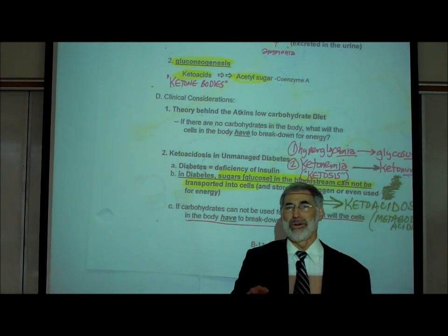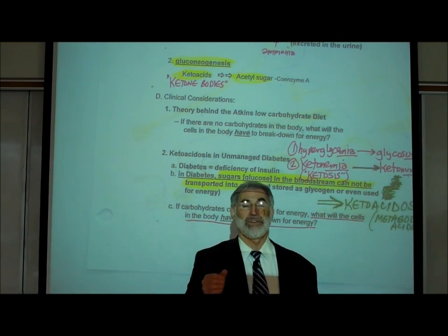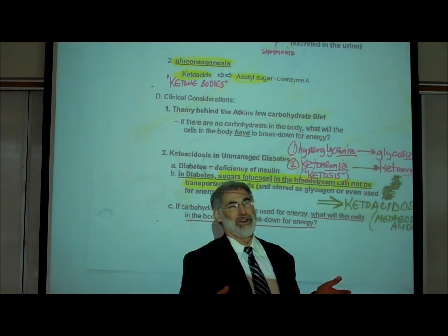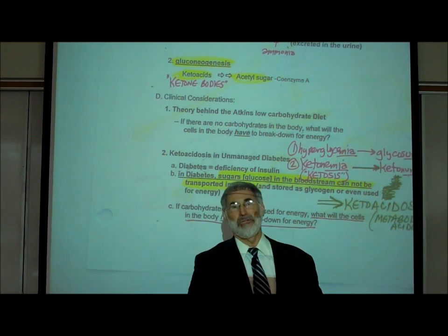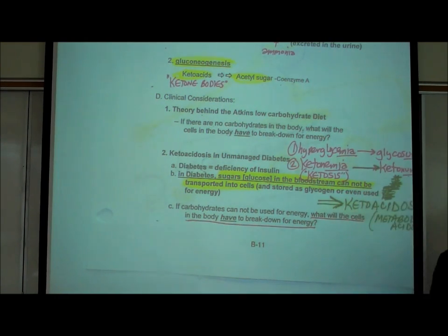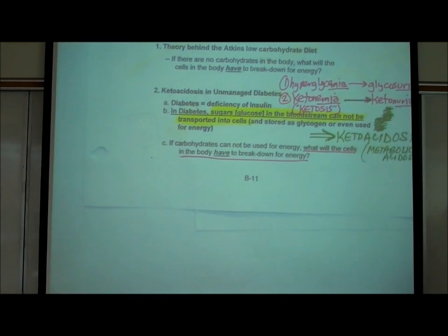After all, most people are not that strict on these diets, and the purpose of a diet is not to be on this very strict diet for your whole life, but to be on it for a few weeks, a few months, simply to reduce the amount of fat that one has on their body. Let's take a look at the second clinical example,